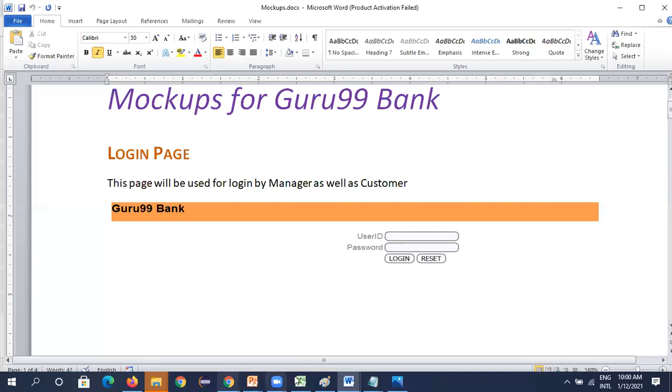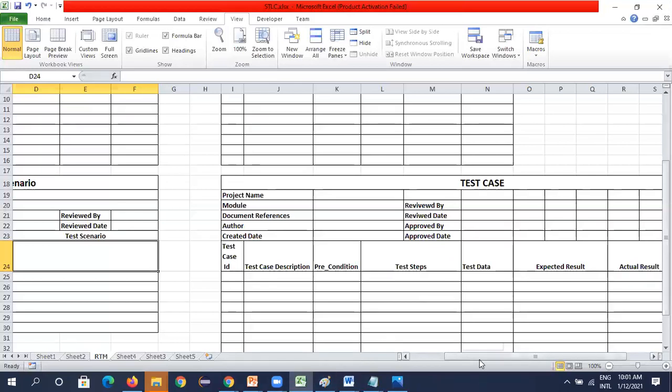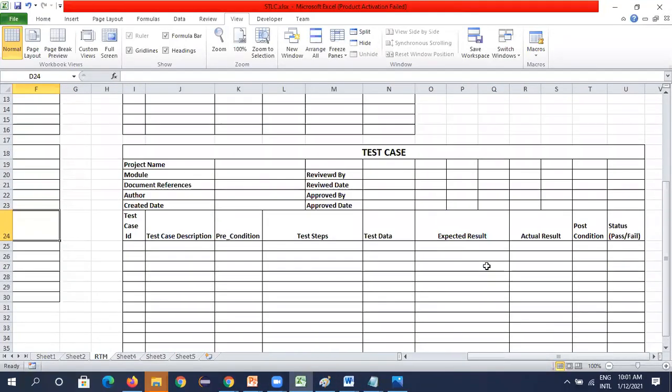In the test case document, this is a template of a test case. The template would vary across different organizations. They have different test case templates. If they don't use Excel, they use some free tools or paid tools like Qtest, ALM, Jira, Rally, or Qualify. If they use those tools, you write it there only. I will explain those tools when we come to the tools section.